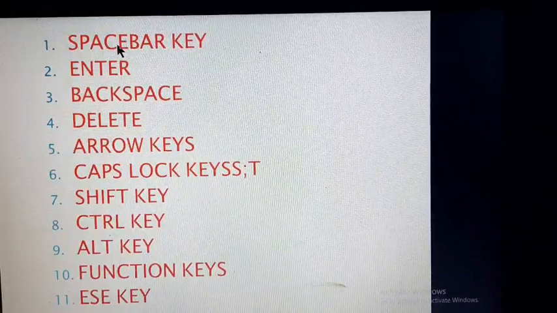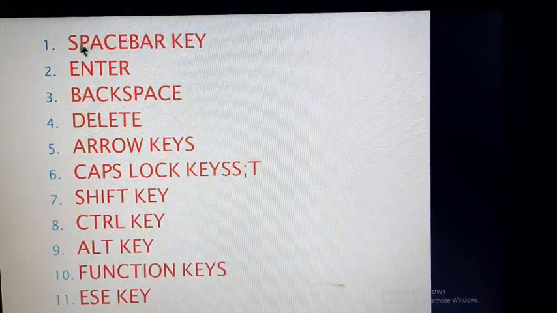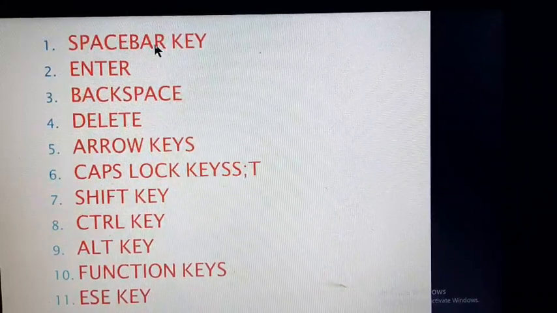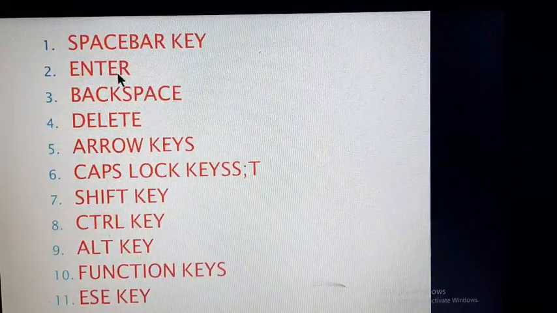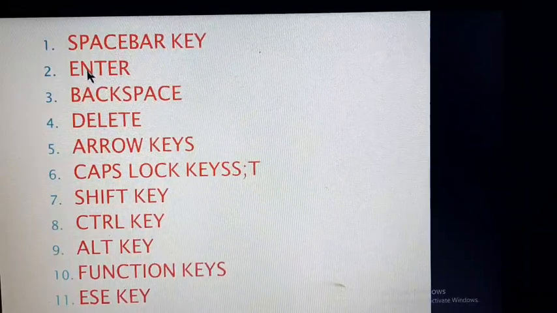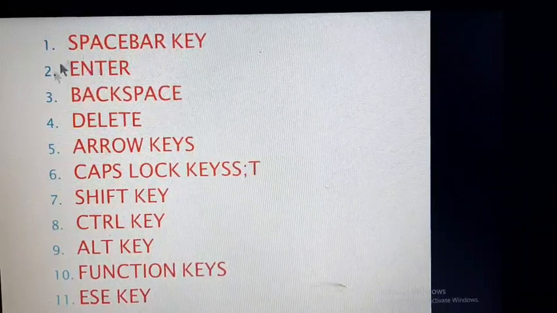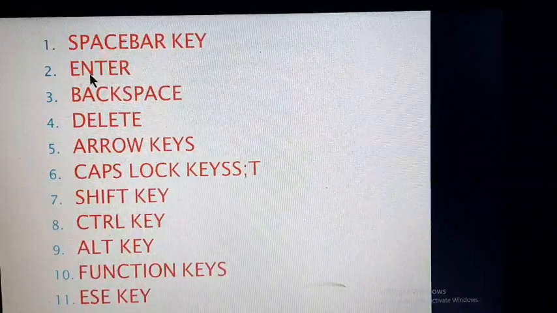I think you understand the use of these keys. The spacebar is used to make space between words. The enter key is used to move the cursor to the beginning of the next line. It is also used to enter some specific commands.